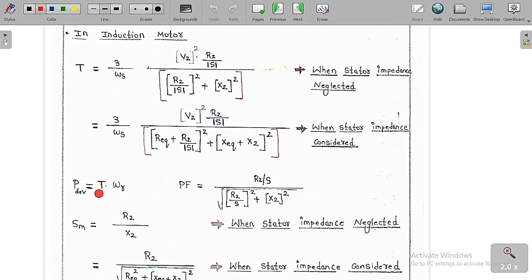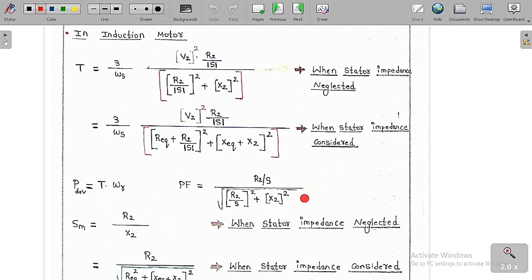Power developed is equal to torque into omega r, because here the rotor is going to rotate with the speed of nr. So this is omega r, which is 2 pi nr by 60. So power developed is equal to T into omega r, because omega is nothing but 2 pi nr by 60. Now the power factor formula I have already told you, which is R2 by under root over R2